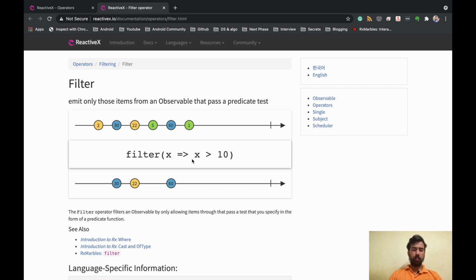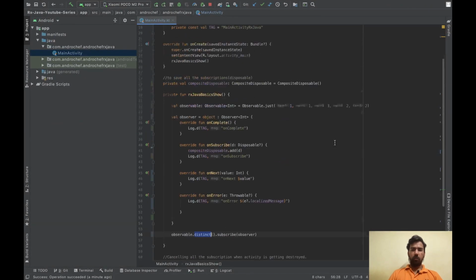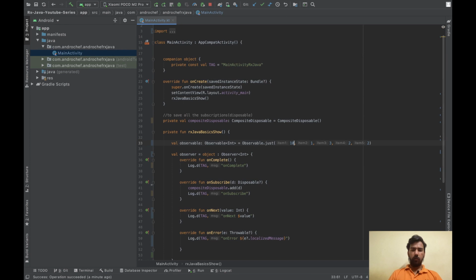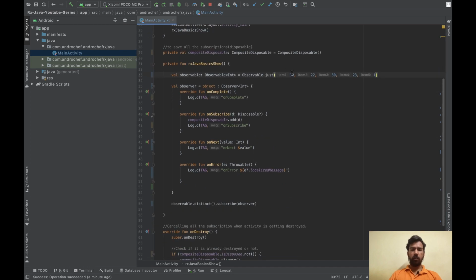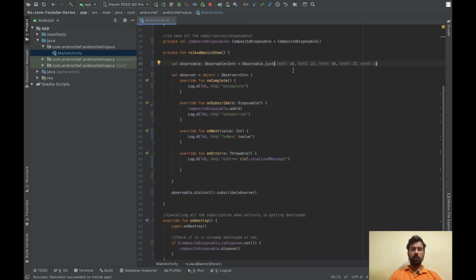Let's implement the same in Android Studio. We'll change some values: 20, 22, 30, 23 and 1. As you can see, we have the values 10, 22, 30, 23 and 1. Let's print the values which are in the range of 20 to 30.